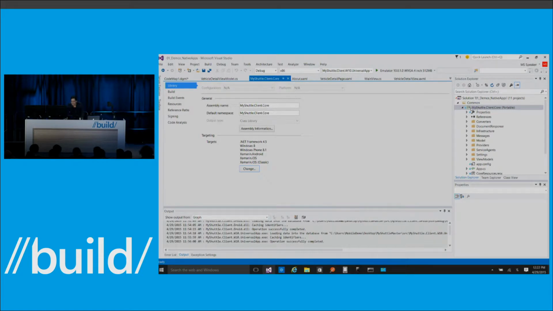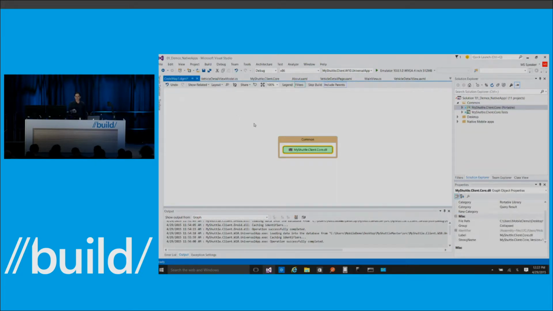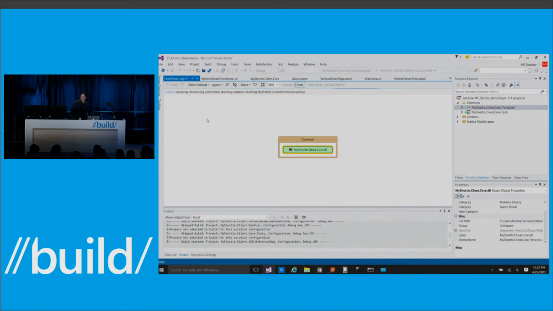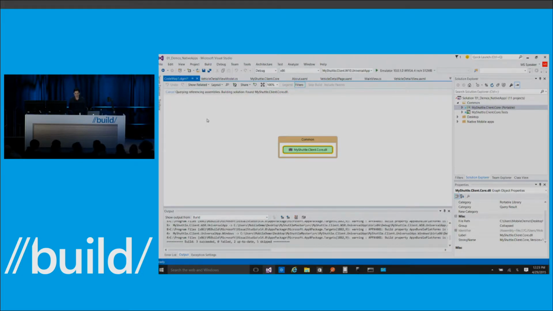So now what I can do is go ahead and view the code map for this assembly. This is a new tool in Visual Studio 2015 that allows me to quickly visualize what's going on in my application. And I can look at the assemblies referencing this. This is actually going to build this up dynamically. And you will see very quickly that each of the projects in the solution are referencing this core DLL. And it will show it to us in just a second.